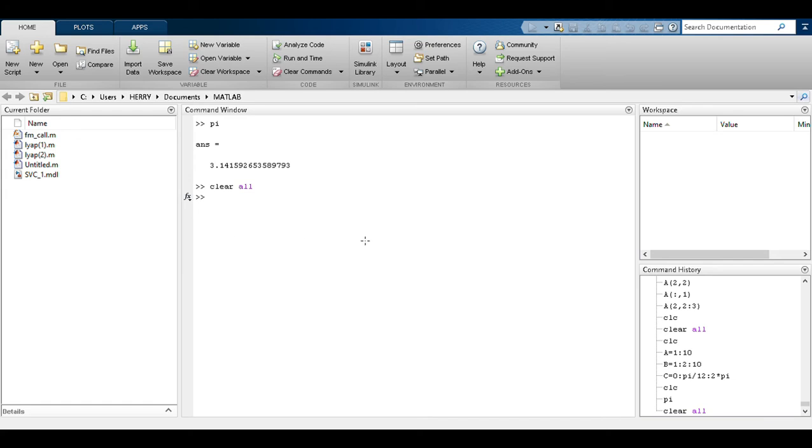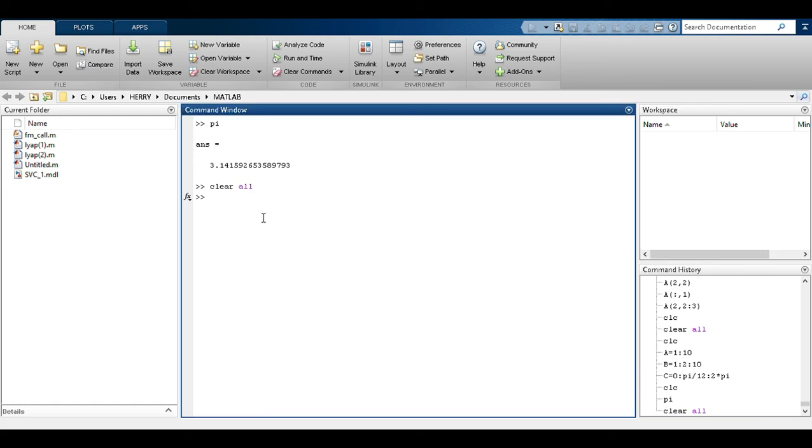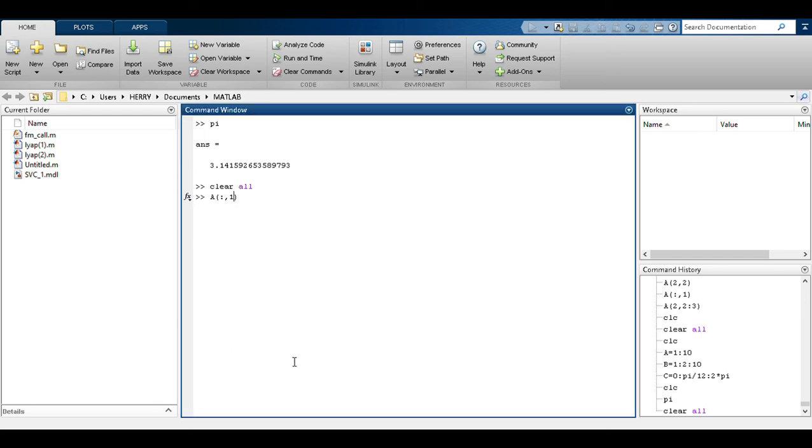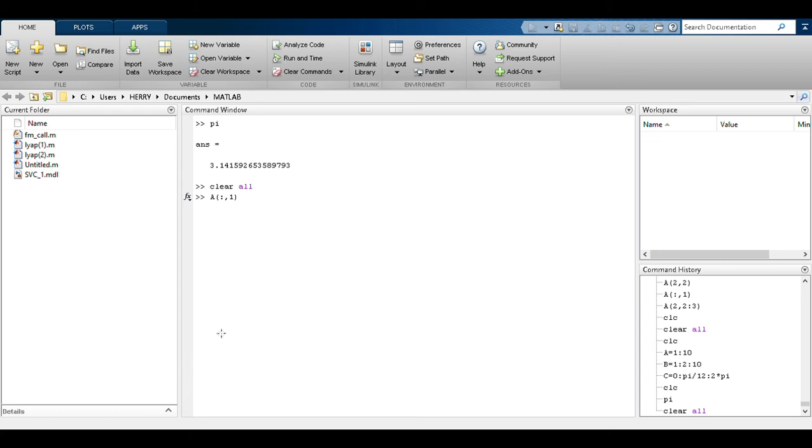Obtain all elements of all rows, but only the first column. It means our answer should be 2 1 2. But how can we get 2 1 2? Your argument should be: you should write A into the bracket, colon, comma, only first. If you just type your matrix A and type this argument, you will get your answer 2 1 2. Here I have the solution, so let me just show you. The answer will be 2 1 2. Okay, so in that way you can find the values.